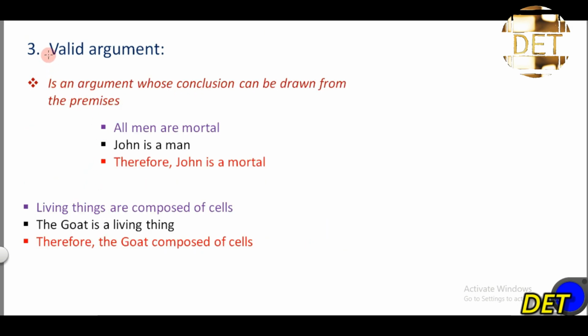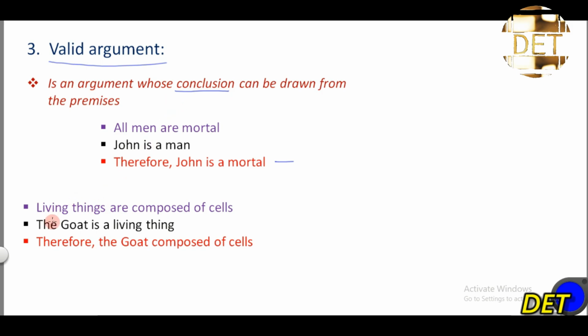So let's look at the next type of argument that we have, which is the valid argument. A valid argument is a type of argument whose conclusion can be drawn from the premises. For example, all men are mortal. John is a man, therefore John is mortal, right? So the conclusion, John is mortal, is drawn from the two premises. So any argument whose conclusion can be drawn from the premises is said to be a valid argument,